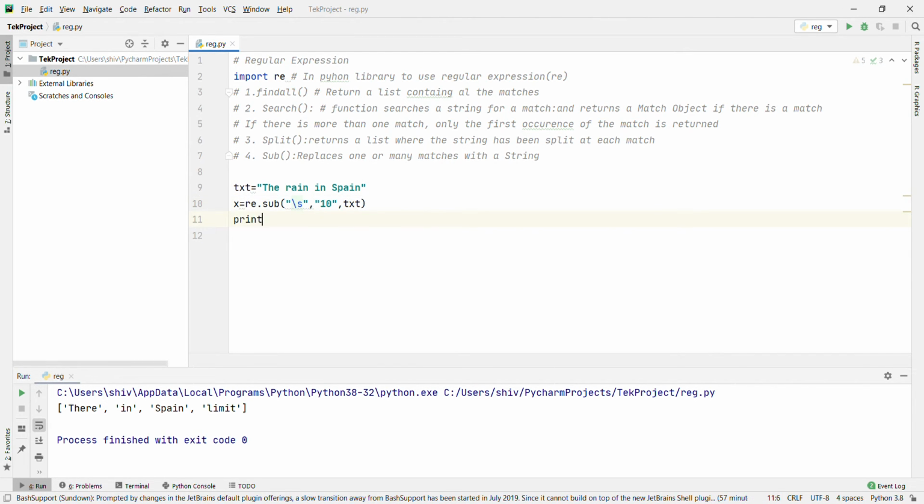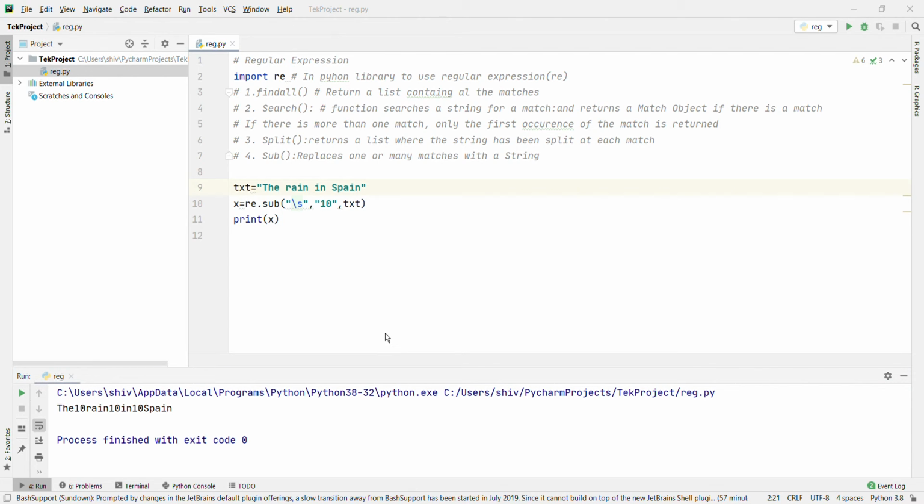Then print x. Let's run it. What will happen? Whenever a space comes, it will replace it with 10: the10rain10in10Spain. Okay, this is clear now.